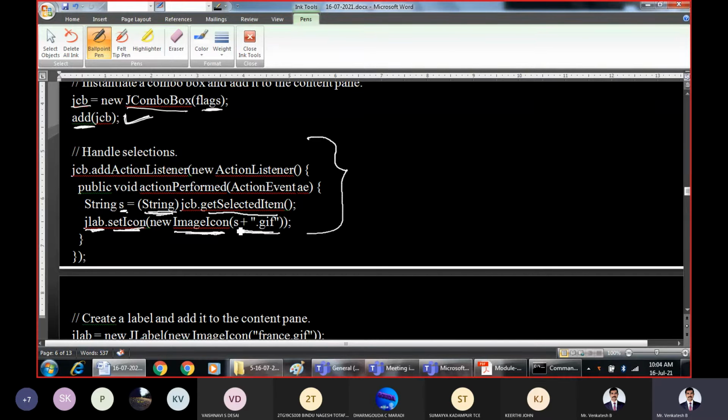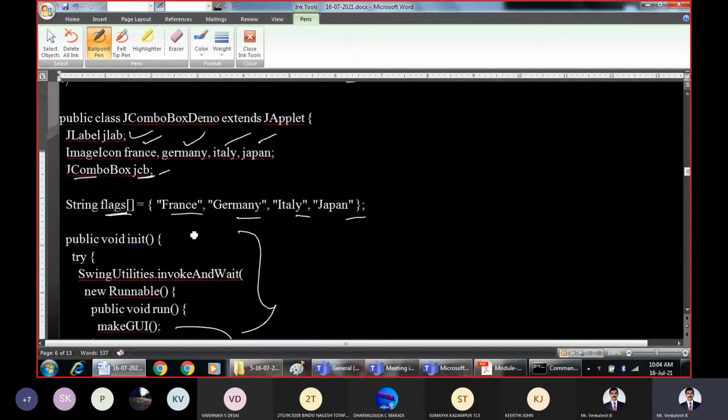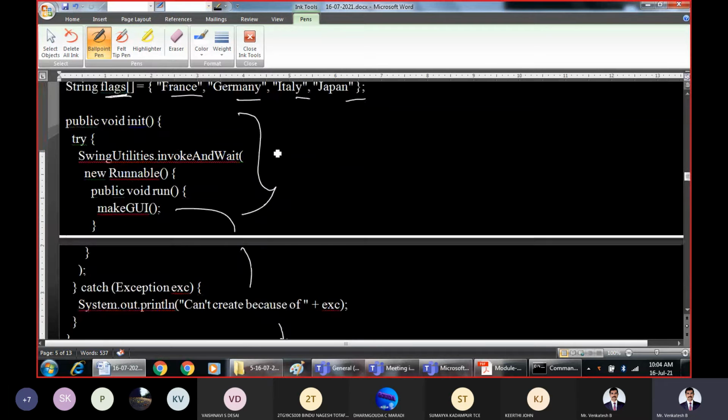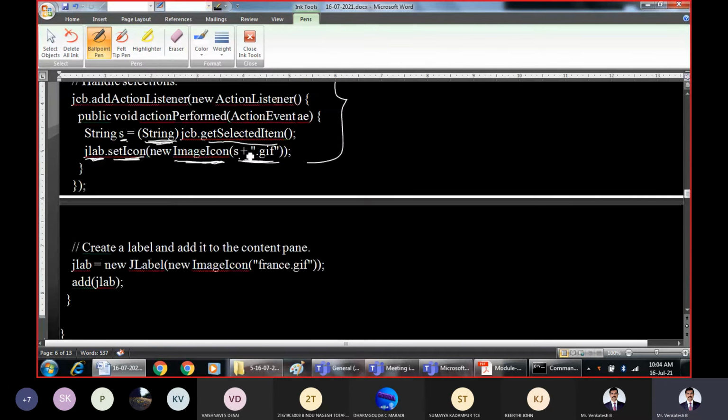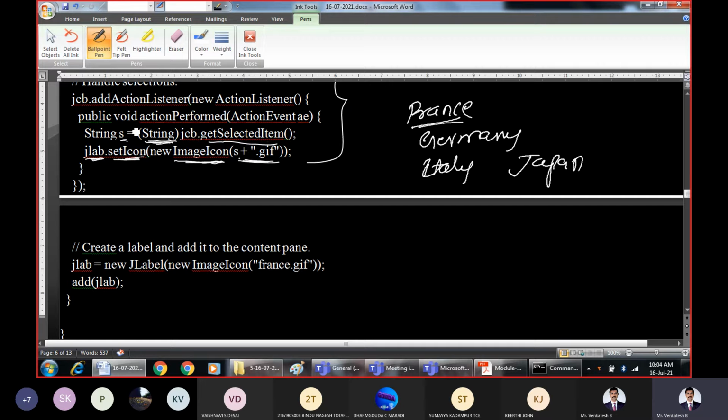What basically is this s? s is nothing but the selection you have made from the allowed strings: France, Germany, Italy, and Japan. Depending on the selected item, assume you have selected France. Then this value s will have the string France.